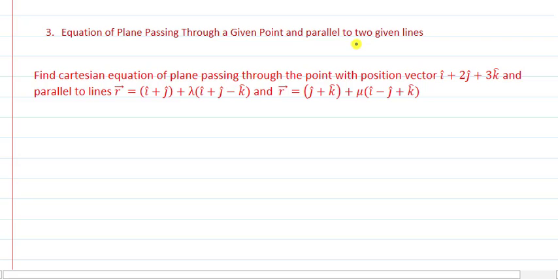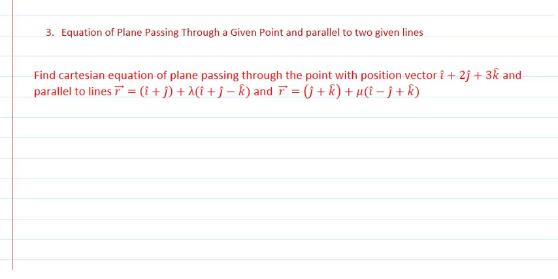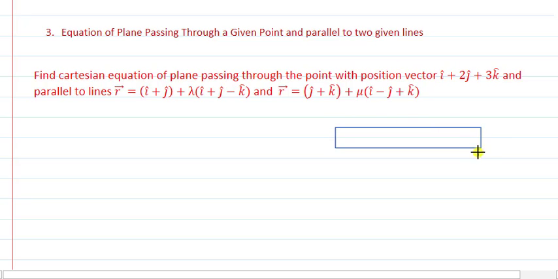So as the type says, one passing point is given. Here the passing point is given in terms of a vector in place of coordinates. So simply we can find out the coordinates from here, and the coordinates will be 1, 2 and 3. And the two lines are also given which are parallel to the required plane. Let me try to explain this with the help of a figure, and for this let me draw one plane over here first of all. This is the plane, let us say, and this is the point through which the plane is passing, and 1, 2, 3 are the coordinates of the given point.